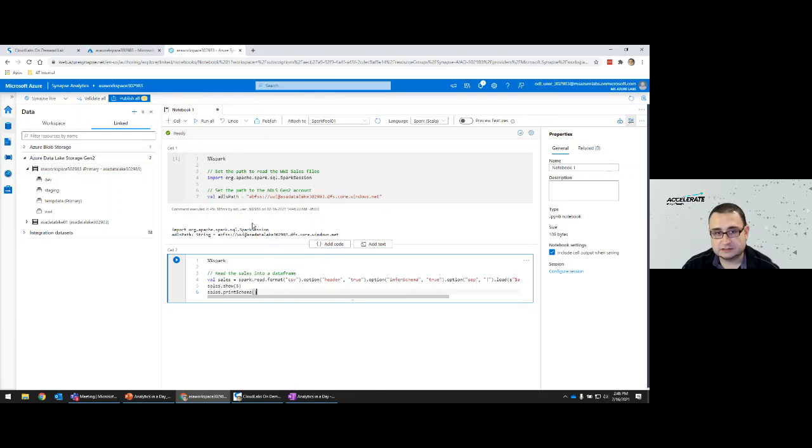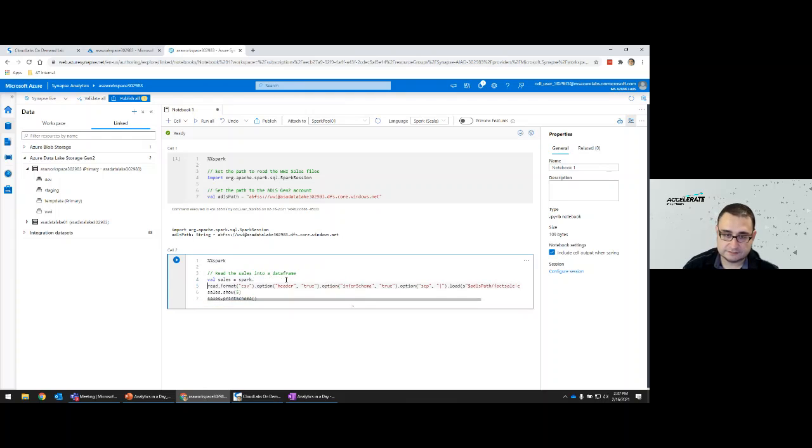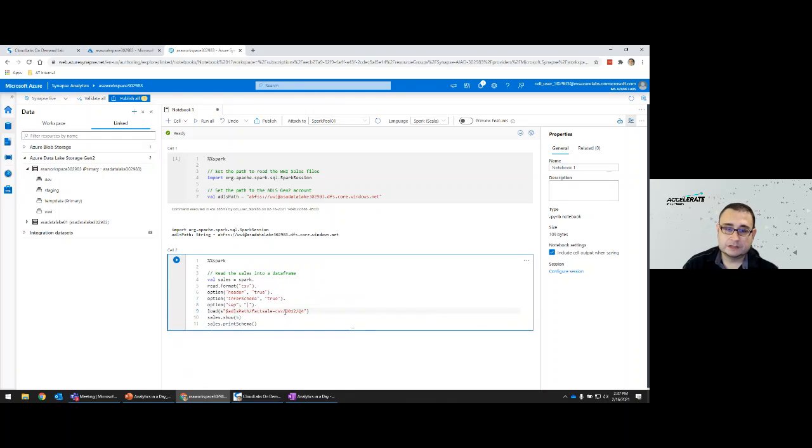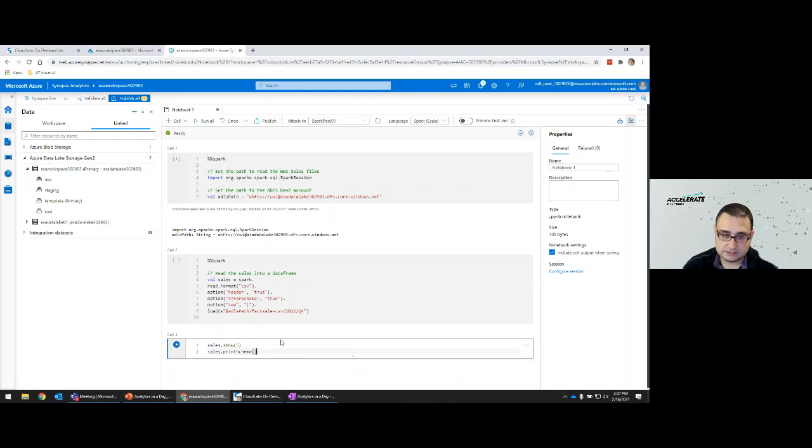The next thing it's going to do is assign to a sales variable the content from files of CSV format that are in our ADLS path. And the best way to interpret this is if you press enter after the dot, you can break this down in a little bit more readable form. All right. So essentially, and actually, let's cut this out of here and add it to the next cell.